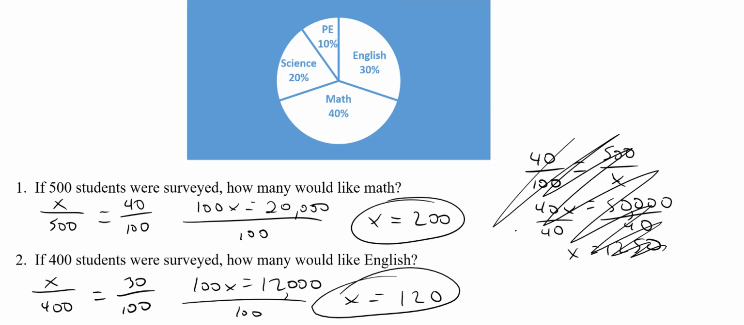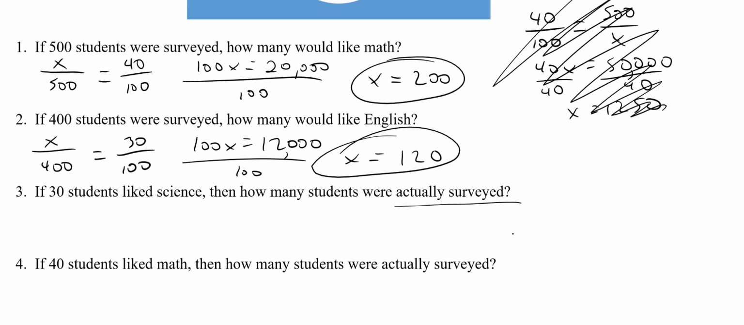So if I go back to science, science is 20%. Okay, so I'm going to write that out. 20%, it's 20 over 100. And remember, I'm telling you 30 like science. So the 30 goes on top because I'm looking for how many were surveyed. Okay, so you'll see one like 1 and 2 and also like 3 and 4. So if I cross multiply, I get